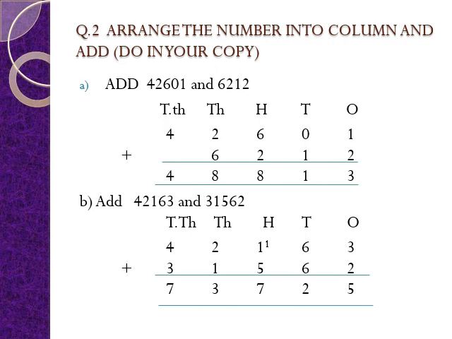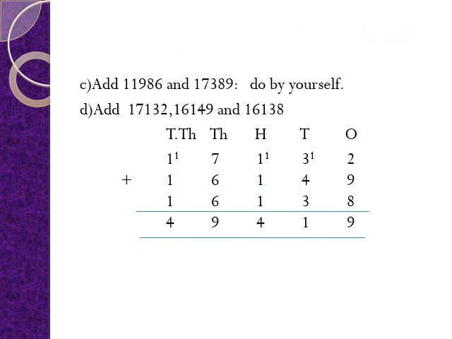Now we will go to the ones place. 3 plus 2 is 5, 6 plus 6 is 12, 2, carried 1. So you mention here 1. So in the 100s place we are getting 1 plus 5 plus 1. So the answer will be 7. 1000s place, 2 plus 1 is 3. 10,000s place, 4 plus 3 is 7. Part C you have to do by yourself. Part D.